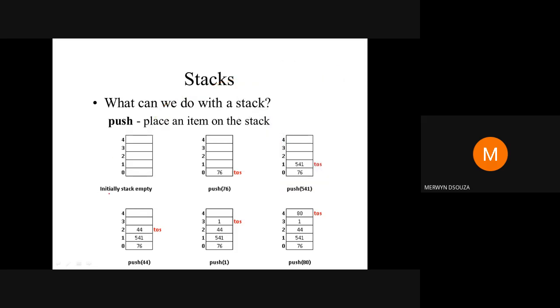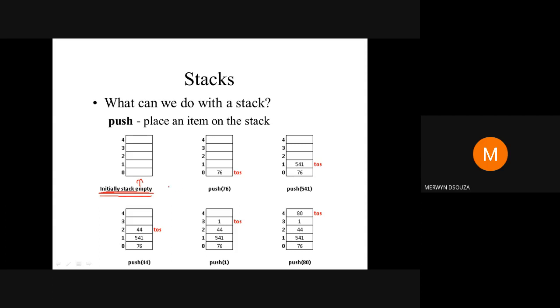Initially, although it's an array, we are going to call it a stack. Initially your stack is empty. There's nothing in the stack, as you can see in the diagram. We assume this is an integer stack, so it can contain only integer values, and we are going to push only integer values.